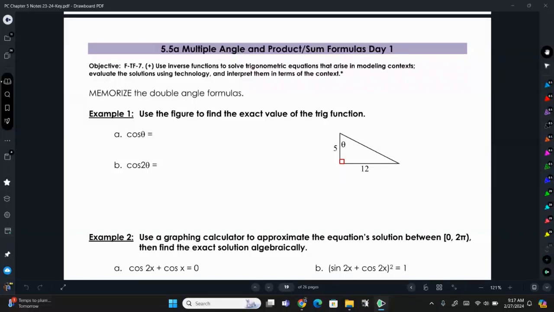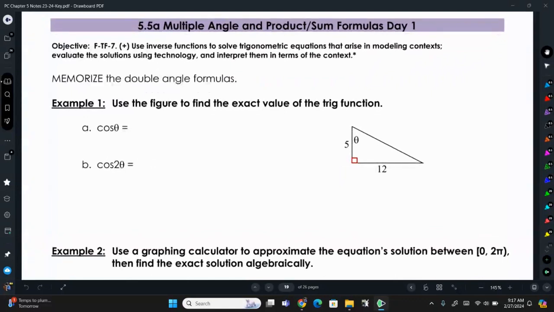Now, section 5.5 is a long section that we're going to be breaking up into 4 days because it's a very dense section, and we're going to go through each part of it separately. And today what we're going to be working on are what are called double angle formulas. So double angle formulas, we experienced those when we were solving